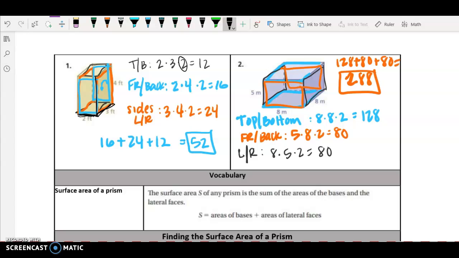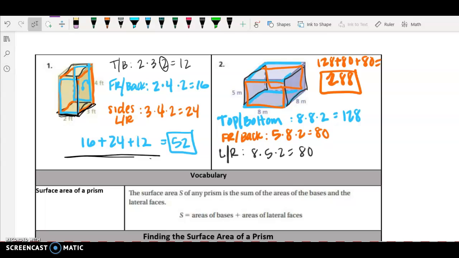And then sides, so left and right. My sides are 4 by 3. So 4 times 3 times 2, because there's a right and a left, and that's 24. Then you add them all up, and you get 52. So then we're going to do the same thing over here. So top and bottom,